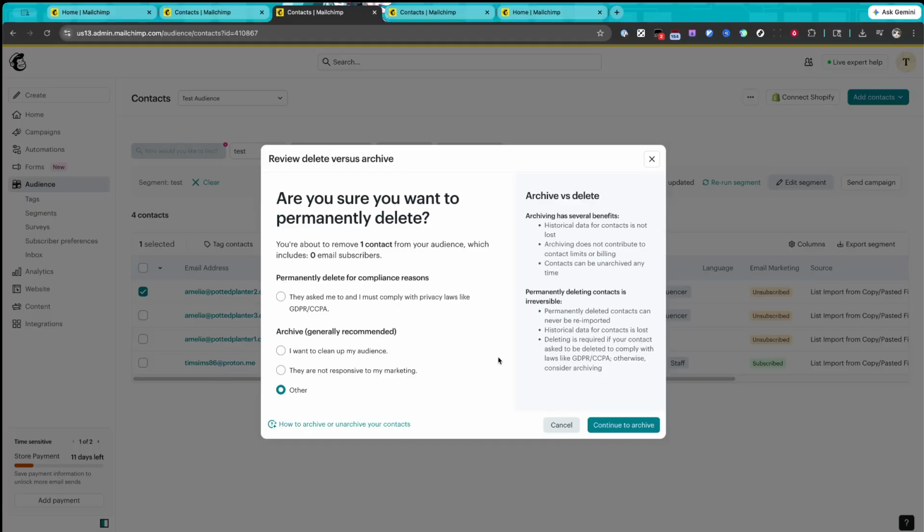Don't forget to consider your sending frequency. Bombarding your subscribers with too many emails can lead to fatigue, which increases the likelihood of unsubscribes and spam reports. Instead, find a balance that keeps your audience engaged without overwhelming them. Finally, always test your emails before hitting send. Mailchimp offers an inbox preview feature